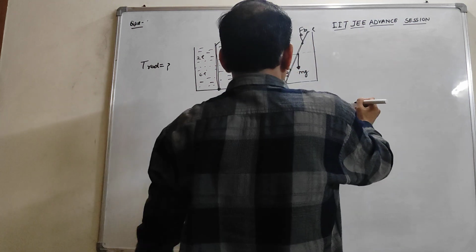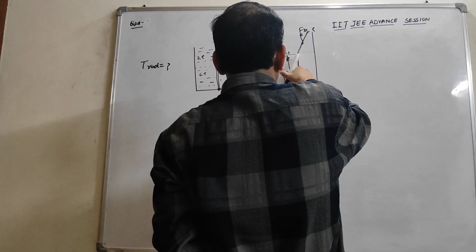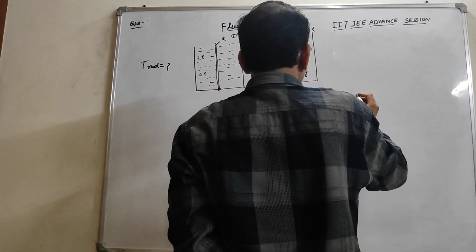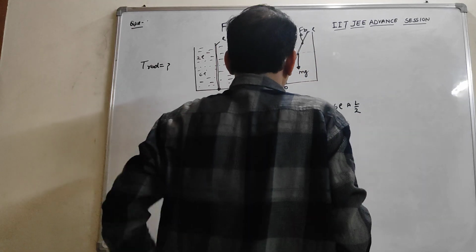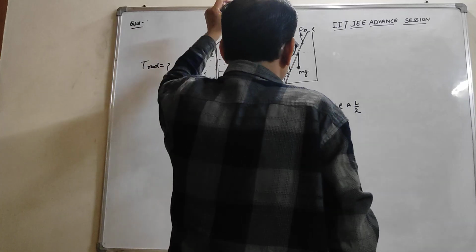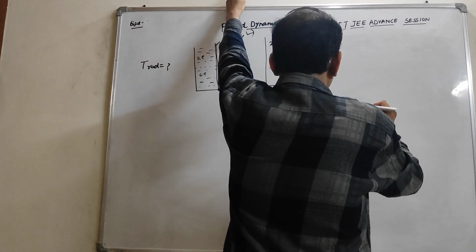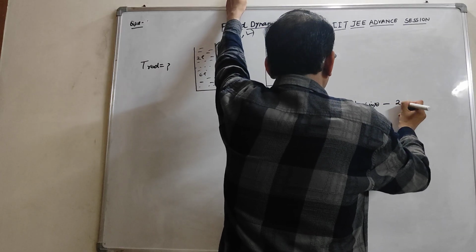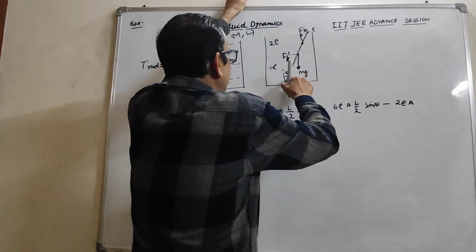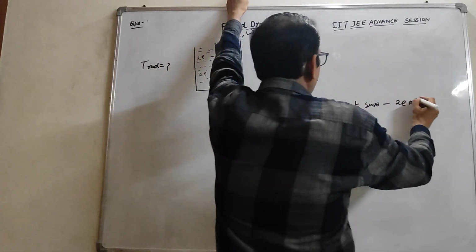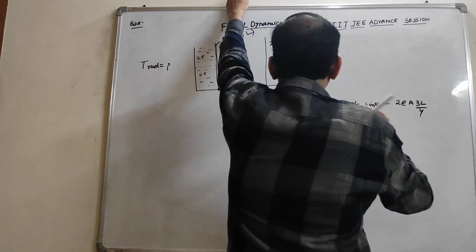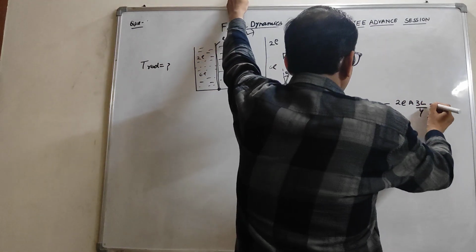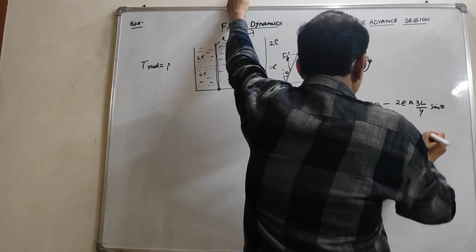and the length is L by 2. This length is L by 2, into sin theta, minus 2 rho A. This length becomes 3L by 4. L by 2, L by 4, 3L by 4 into sin theta,